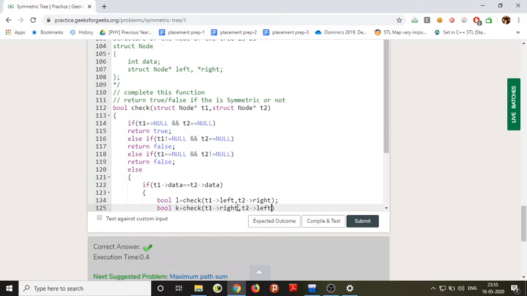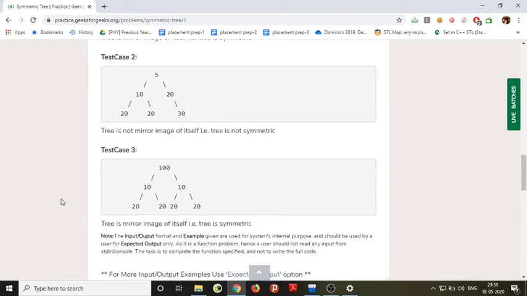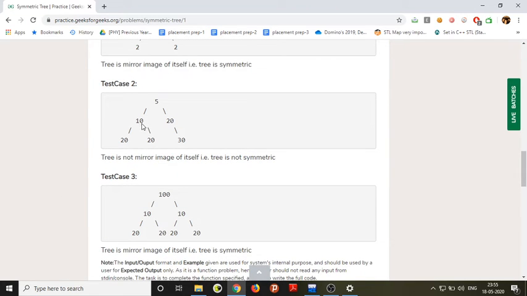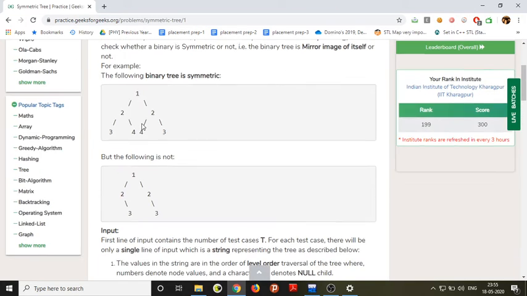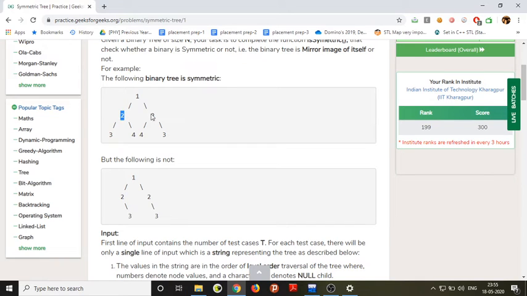So let's say these are our t1 and t2. Now t1 star left is this one, and t2 star right is this one. You are comparing this with this, and this with this. So this comparison should be very clear in your mind.